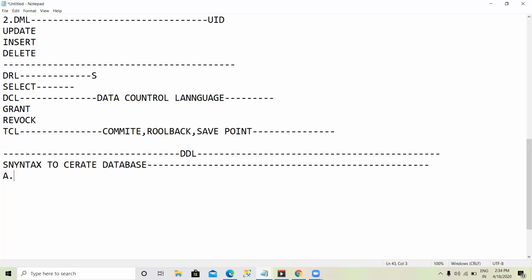The syntax is create database, then the database name. I will give the name Demo. Let us see in a practical manner. Now I am opening my SQL database.